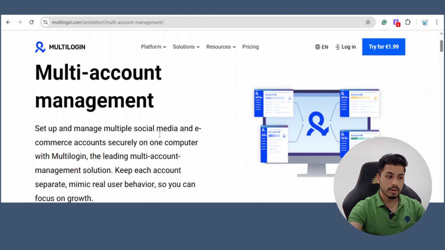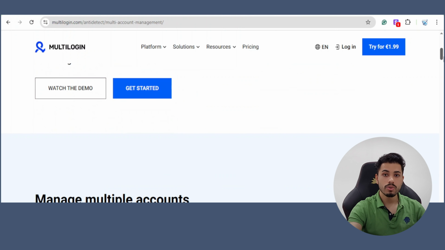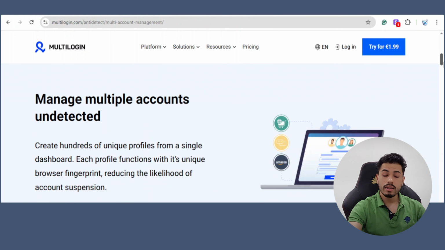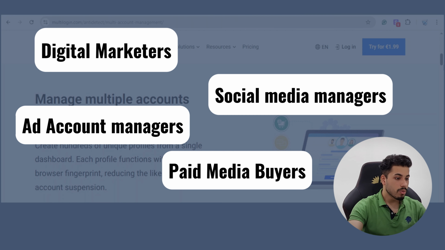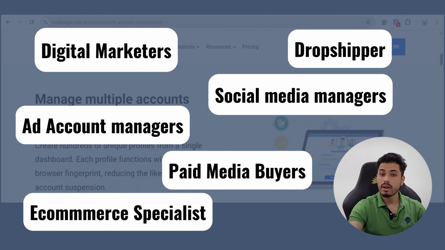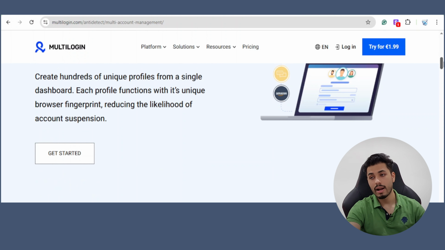So these are the platform solutions they are providing, and the main one that I found interesting is the solution of multi-account management. If you go to this, you will get to see multi-account, the challenge which we generally face as digital marketers. So this is one of the key areas they are addressing, and I think this is very helpful for all the digital marketers, managers, social media managers, ad account handlers, paid media persons who all are handling this kind of stuff. Or even if you are an e-commerce manager, you know, you're running multiple Shopify accounts, you're handling multiple accounts, and again these companies tend to address you as a spammy person.